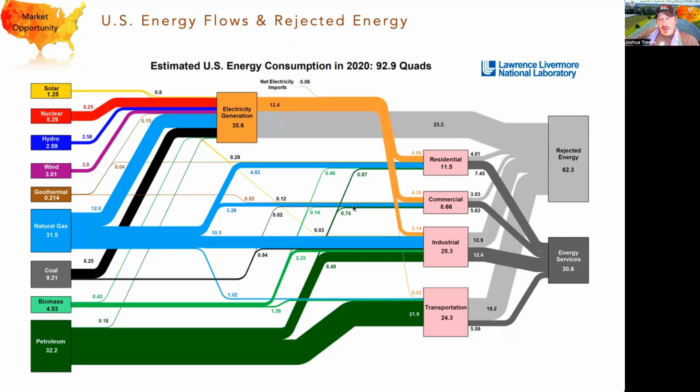This is another incredible macro view of all of the energy flows in the US from Lawrence Livermore National Laboratory. And on the left-hand side, we can see all forms of generation as they flow through to the four major sectors. And we want to zoom in on the top to all electrical generation. And then as it flows, look at the large gray flow that's coming out of the orange. And we can see that of all the electrical power we generate, 65% is lost as what is called rejected